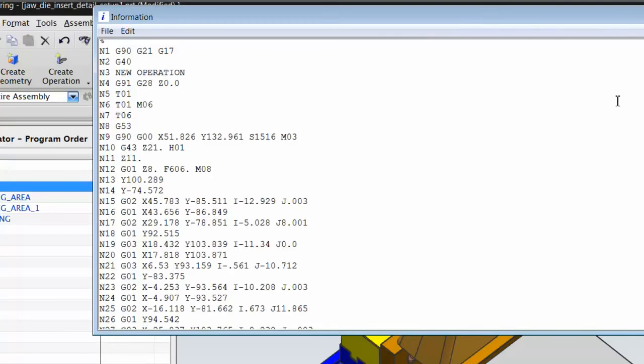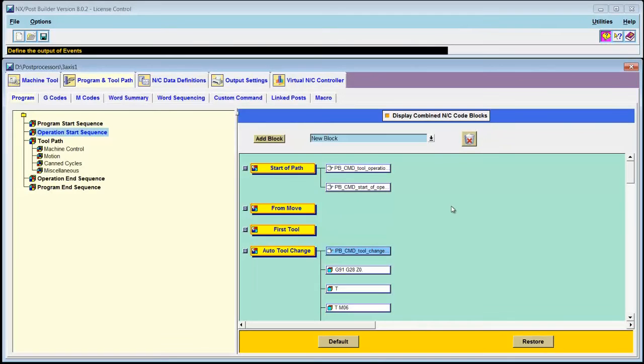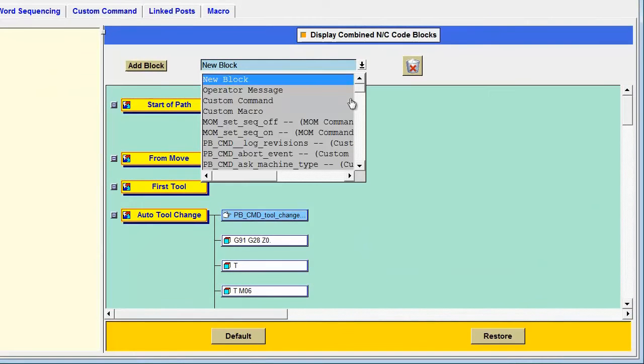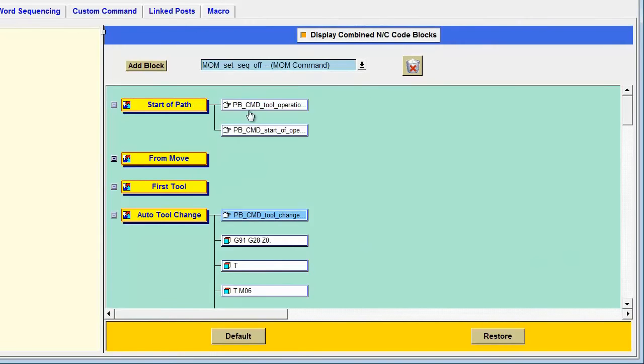However, there are some changes I need to make, which brings us to scenario 2. In PostBuilder, we have a command to turn off line numbers. It's called mom set sequence off. So I'll grab that from the list. There it is at the top. And you'll notice that if you read the command name, generally it gives you an idea of what the command does. In this case, it turns line numbers or sequence numbers off. So I'll add this block right before my custom command,